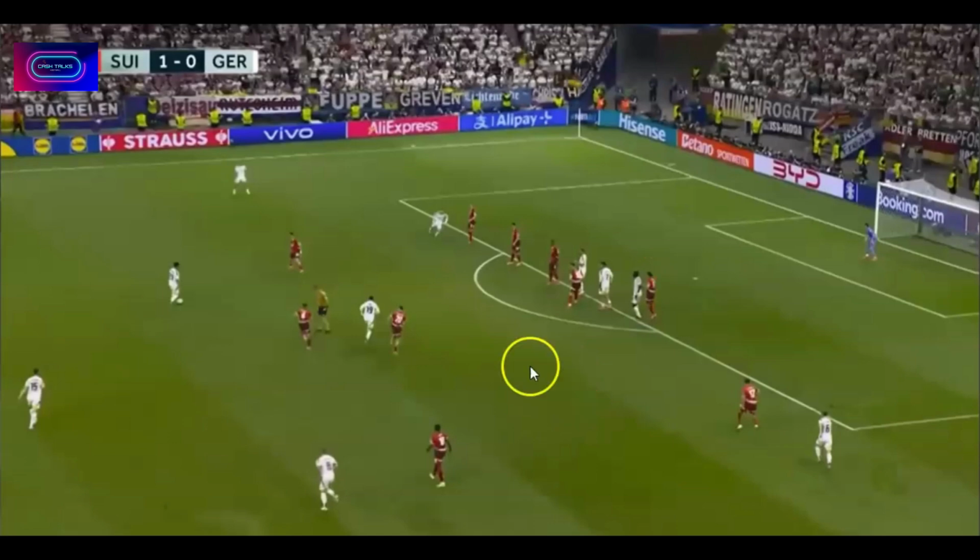But that's not so much the real issue of this goal. The real issue of the goal is there's 3 players here, and there's only one player who's kind of half marking. That's what I would call it. You can see the ball's going to go out wide. They don't really have anyone to pressure it, which is fine, because what they do have is numbers in the box to defend it. But if you look, 1, 2, 3, 4 aren't marking and one's half marking.